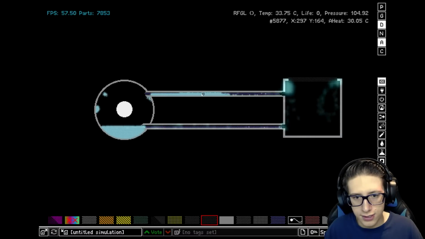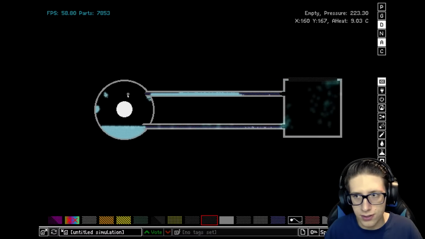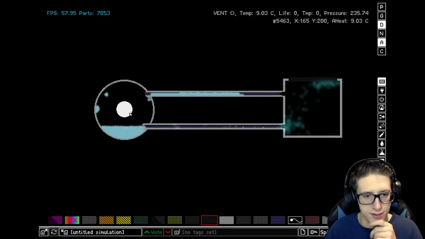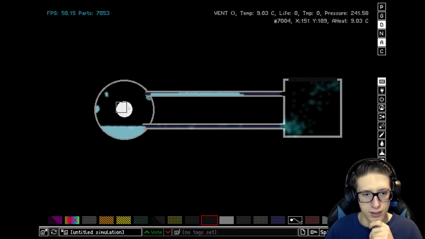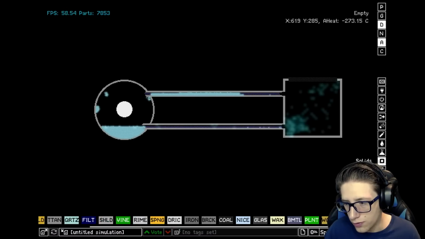Okay, the coolant comes in through here. It definitely turns back into a liquid, but for some reason... Oh, the pressure is so high here that it doesn't want to go through the bottom because it's pushing out from here. So we're actually going to move...